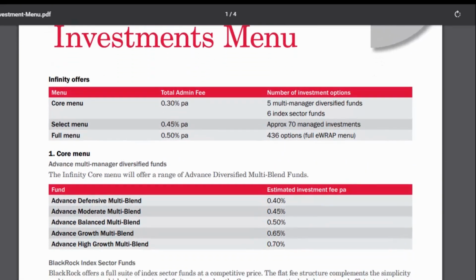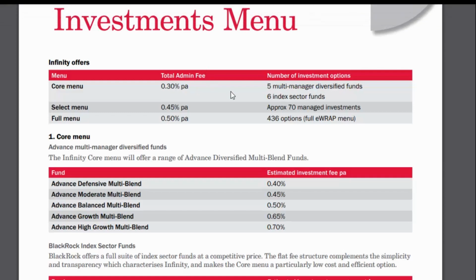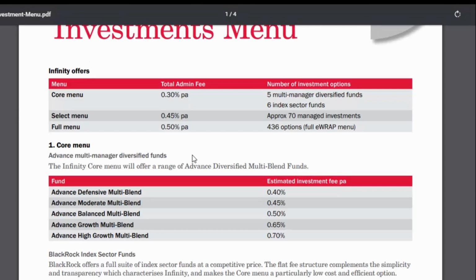So what it does here is it says, here's your core menu, 0.3, select menu, 0.45, and full menu, 0.5. And it tells you how many investment options you have available to you, depending on which menu you choose, which influences the administration fee. So just to give you an example, the core menu includes these funds, and these are the investment fees. So these are the fees I was talking about